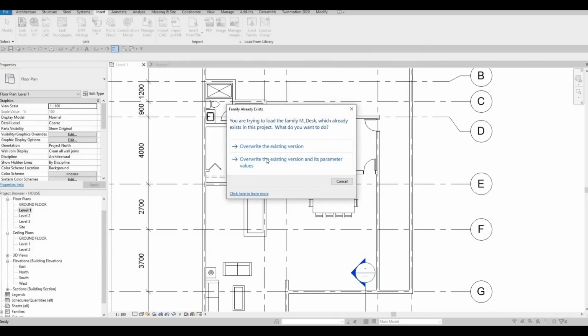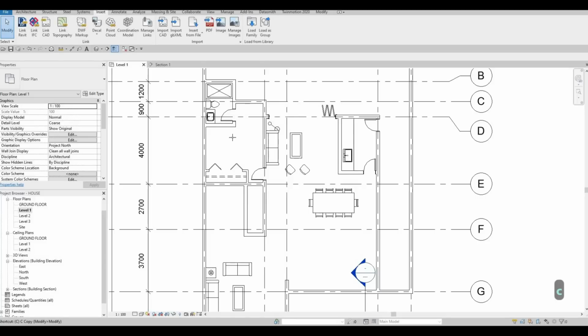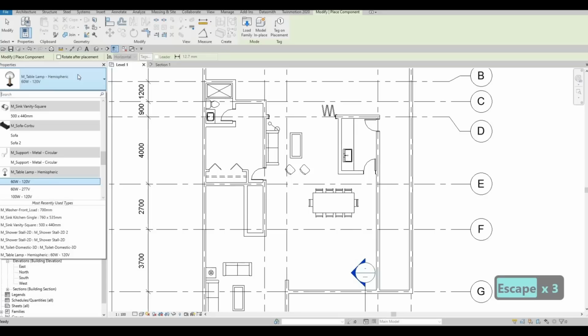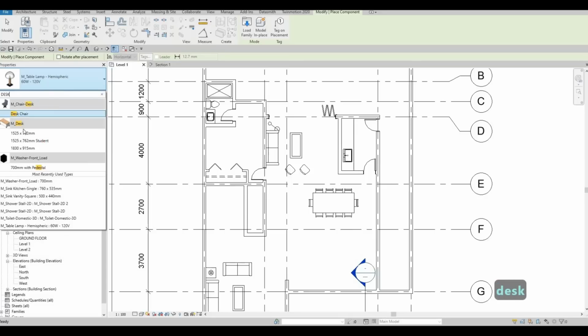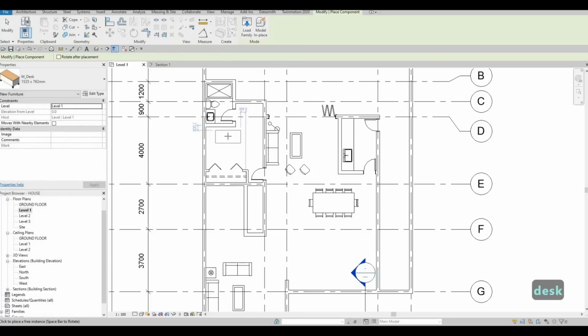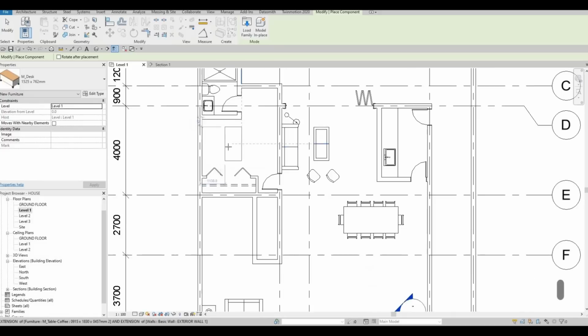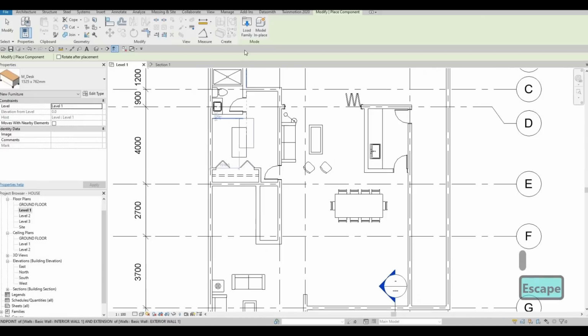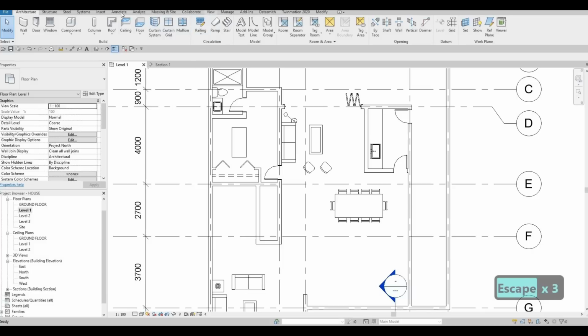I think it's already here, so I'm just gonna use this and then CM. So now I need to look for it because it's already loaded before. So desk, and then we have that desk right there. Space bar to change orientation, and we're going to just add this one right there,